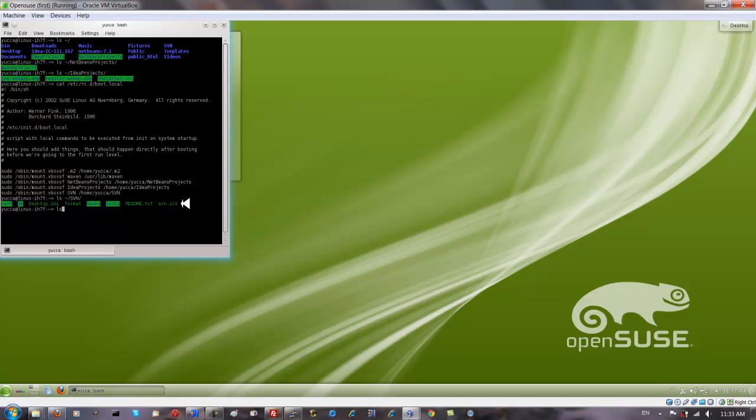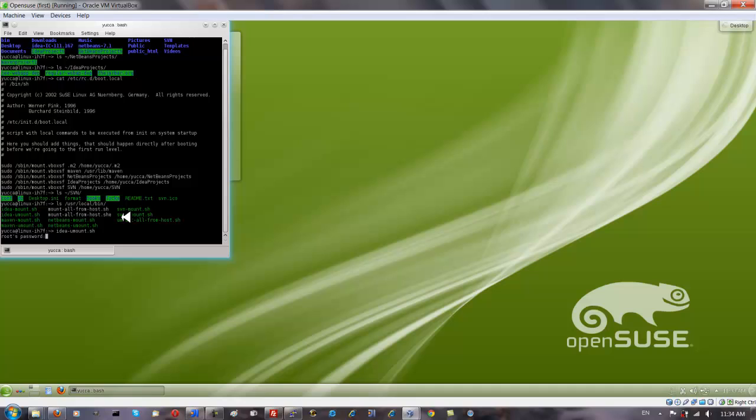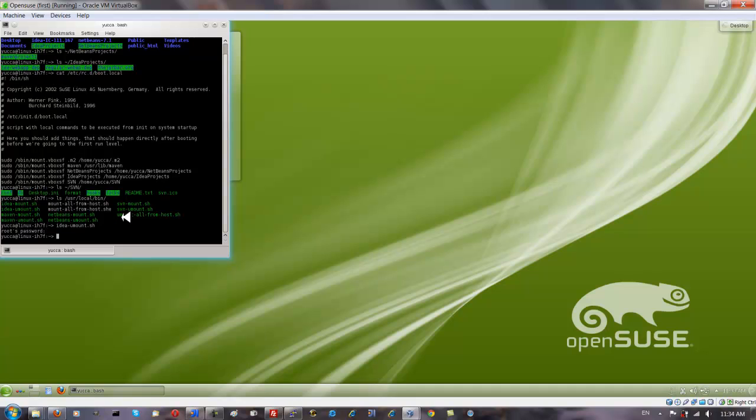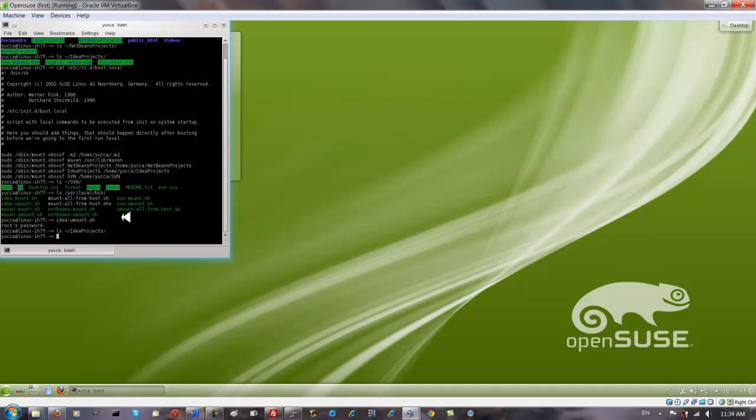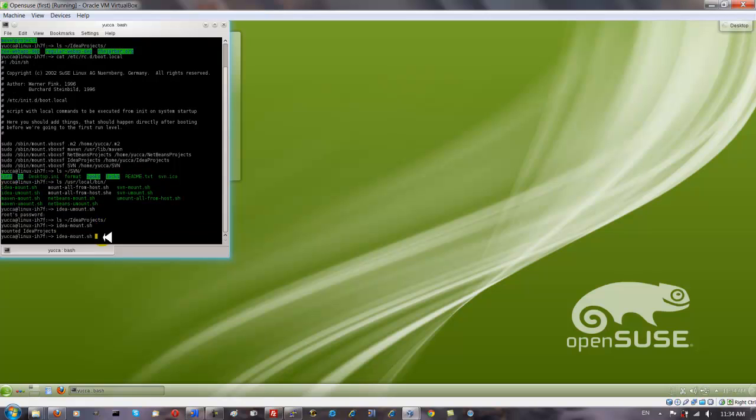And if you don't like any of these features, then simply use one of these scripts which are copied to your user local bin directory, like idea unmount. So let's see what happens if we run that script. Idea umount asks you for your password and doesn't give any output, but if I list the contents of IntelliJ projects, you'll see that that directory is unmounted and the projects have been unmounted from our guest system. And if I want to mount them again, I'll simply type in the idea mount, and if I list the contents, you'll see